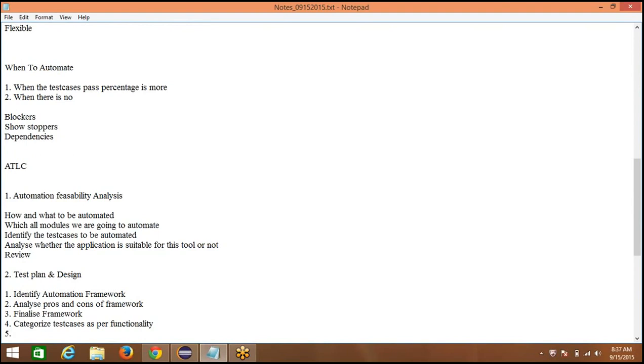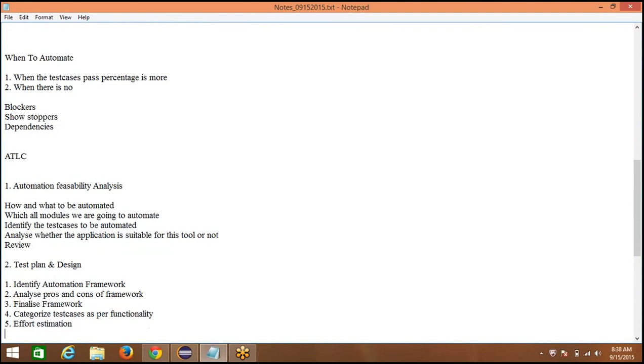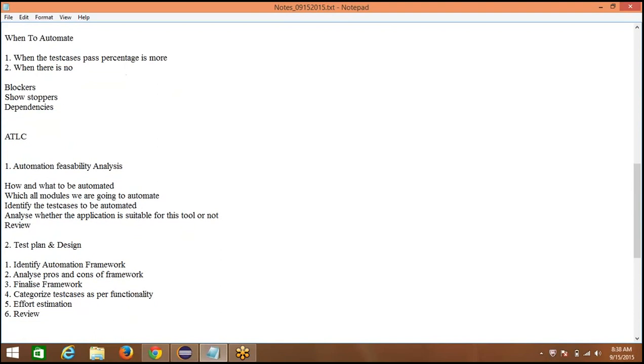And after that, in the test plan, here we want to give effort estimation. Like these are the test cases. This is the effort estimation for development, testing, execution, review. And this is the cost for man hours. In the same way, we want to give effort estimation. Once we have given the effort estimation about the size of the project, the cost of the project, and the number of test cases to be automated, we want to review all those things. Once this is reviewed, then only these things are to be shared with the customer.